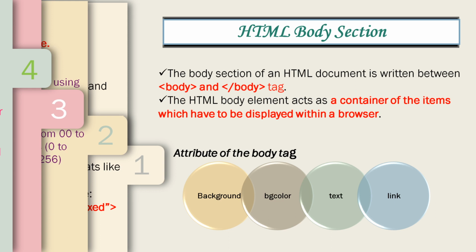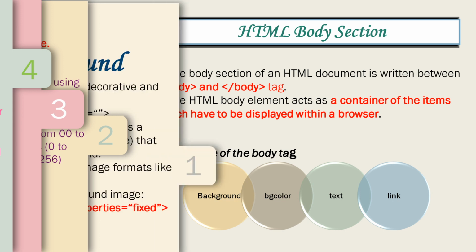We also know the term container tag, the tag that requires opening tag, some content, and then closing tag. Here, body element acts as a container for all those actual content that we need to display within a browser. Body tag is written once only, so we don't have to write different body tags for different attributes. So write all the attributes in opening tag of the body with space separator.